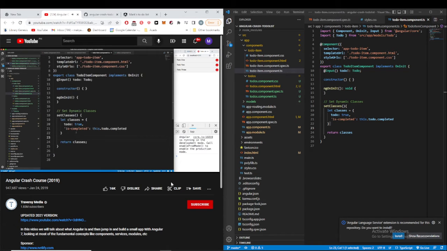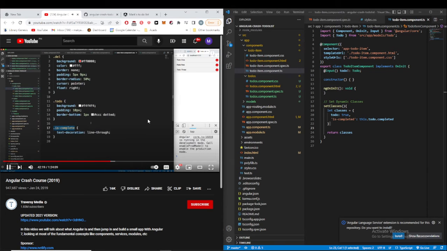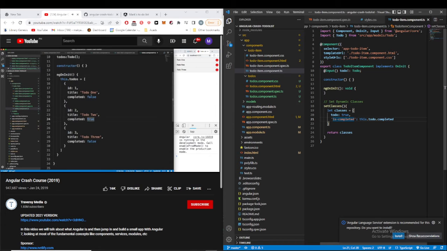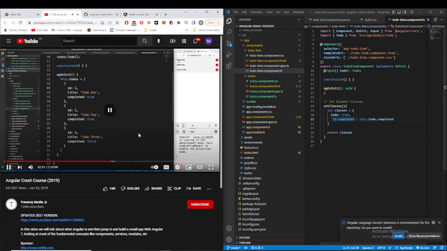I'm not really sure why that's not working. Oh, it is complete, right? Yeah, there we go. Because in the CSS file, the style is complete, not is completed. And now you can see that there's a line through the one that is true. Now, if I go back to my data, which right now resides in the to-dos component, and I set the first one to true and save, you'll see that that gets a line through it. All right, so we have dynamic